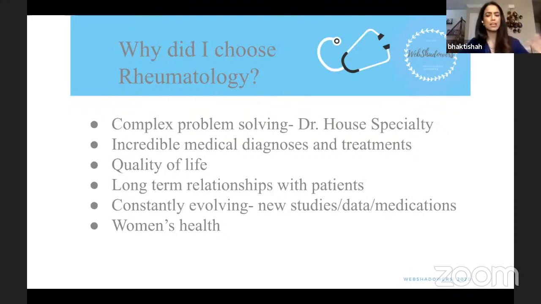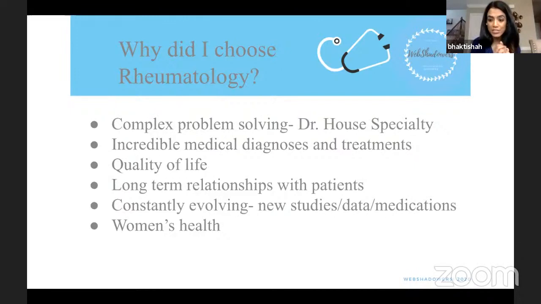Their lab work is often not immediately evident of some particular condition. So our job is really to put all their pieces together and try to make a diagnosis. Sometimes the diagnosis will be an autoimmune condition, and sometimes it won't be. If you ever grew up watching Dr. House like I did, you will see that a majority of these very rare, mysterious conditions ended up being some type of autoimmune condition. The diagnoses and the treatments are incredible.